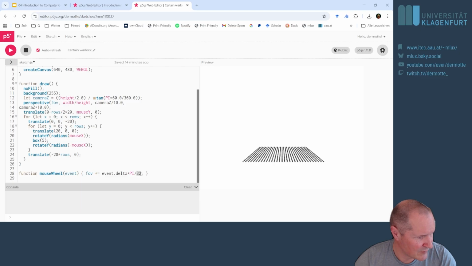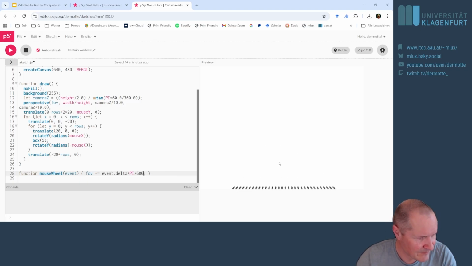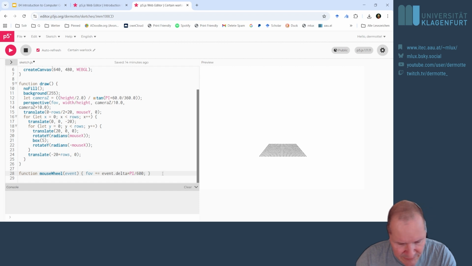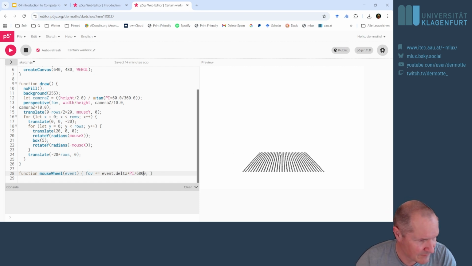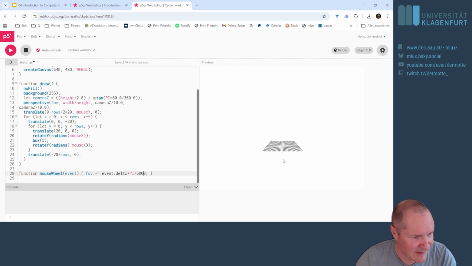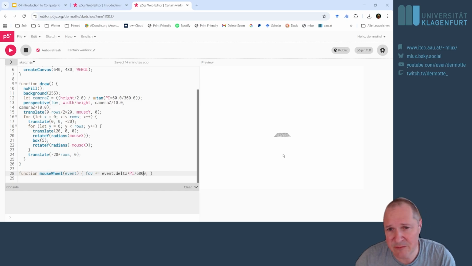Make it smaller. And smaller. And it looks like we're zooming out, but what actually